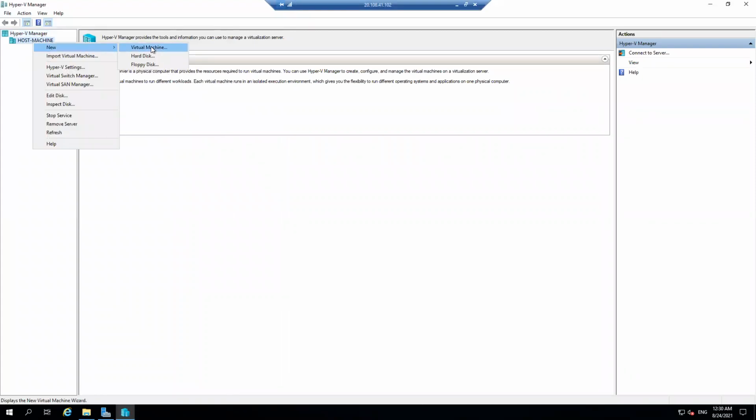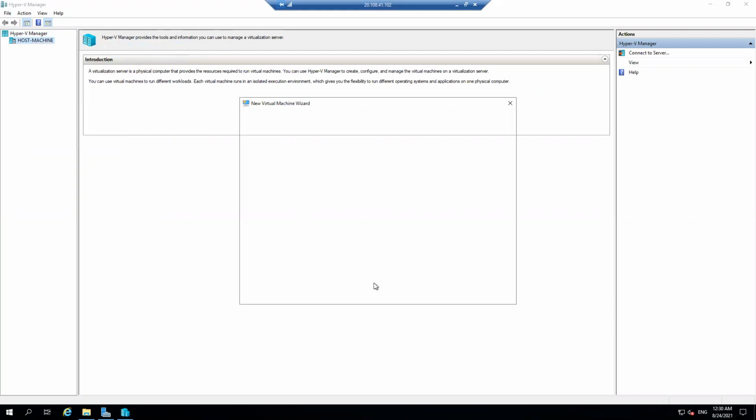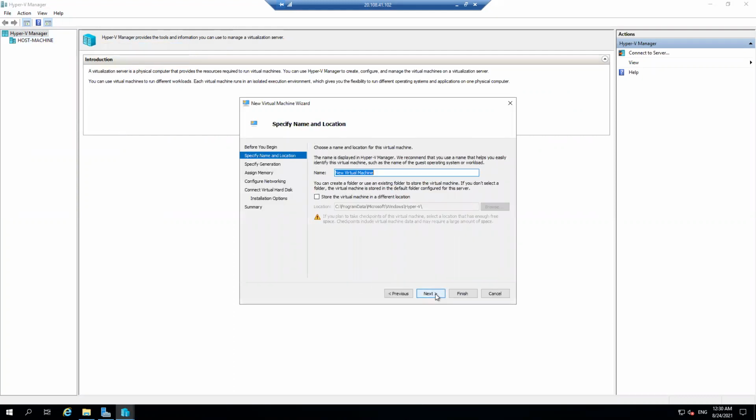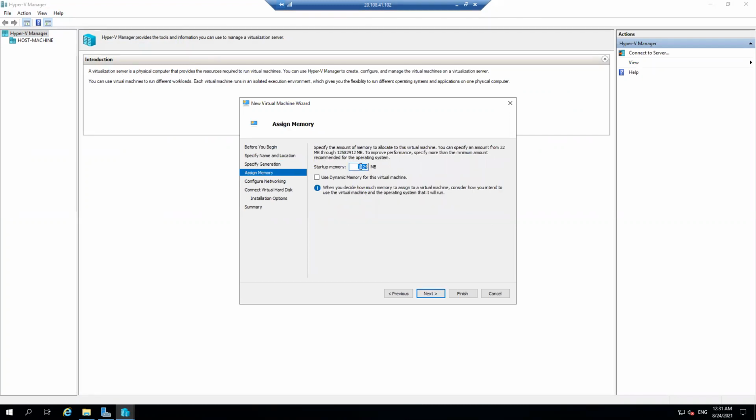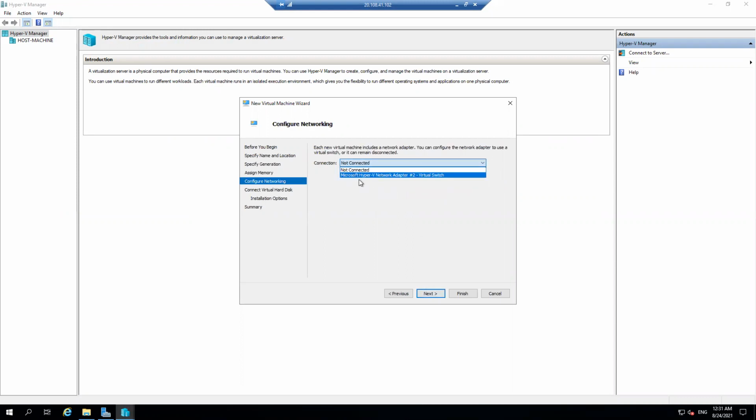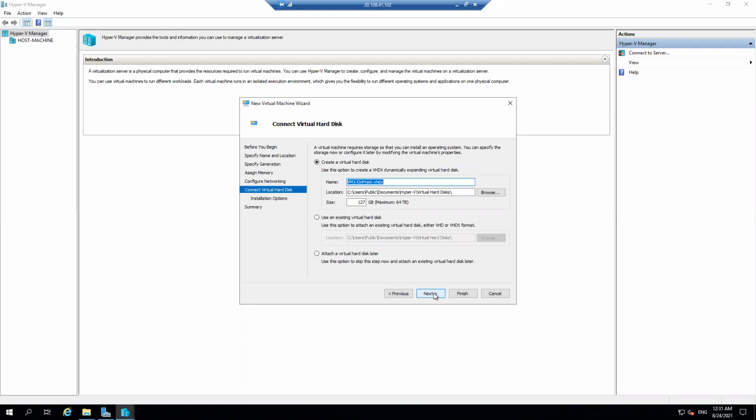It's very straightforward to build a machine. Just create a new virtual machine, and next we're going to call it VM1, VM1 on-prem. Okay, and next, for RAM I will give it 2048. Next, make sure you connect with the network adapter. We're going to leave the setting as it is. Next,